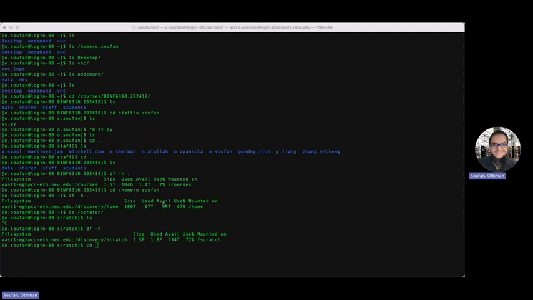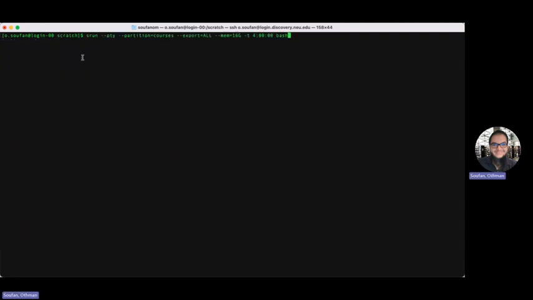Now, what else I want you to see is that we are going to request some computational resources, because we are on the login node and we want to go on the compute node. Here, let me clear this. I'm going to say srun. The system here has its own scheduler. I am now going to request from the login node to communicate with the whole system and assign for me some